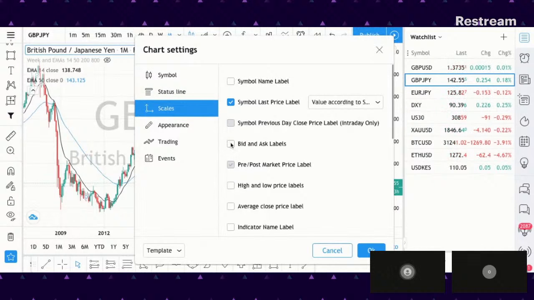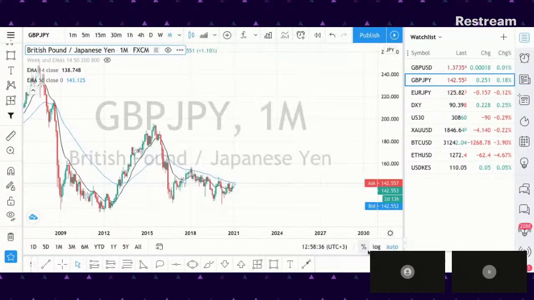Yeah, now this is the bid and the ask. You can add the ask price, but sometimes it is. Now here you're getting